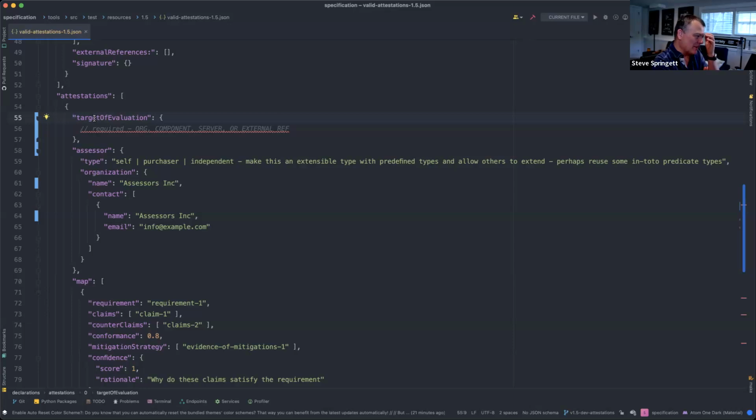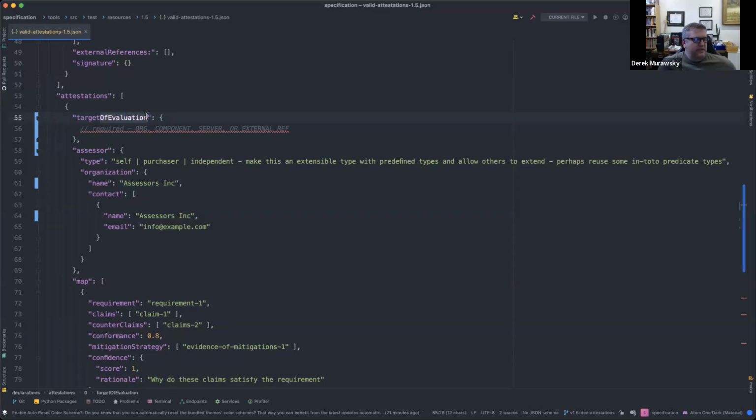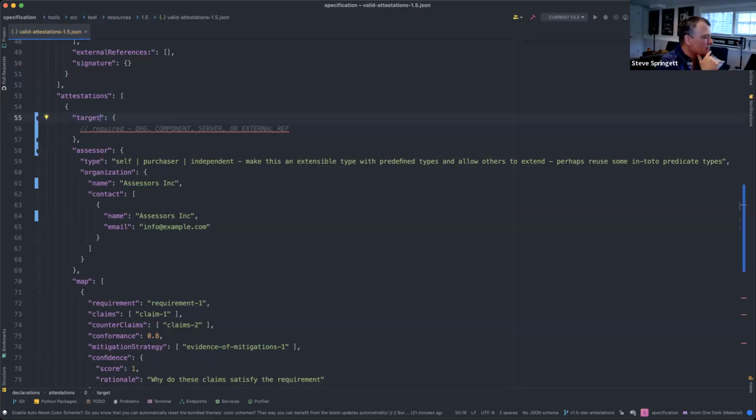I like the target of evaluation, actually. The one thing I'd say is that if it's in here, it's not really a target of an evaluation, it's a target of an attestation, or just generically the target of this object. So I'm not sure if of evaluation would be the right one, or maybe of something else, or just target by itself. We can simplify it. I'm good with simple. I don't mind just throwing that out there, target, as a talking point. I didn't mean to unilaterally say that. So just kind of a thought.